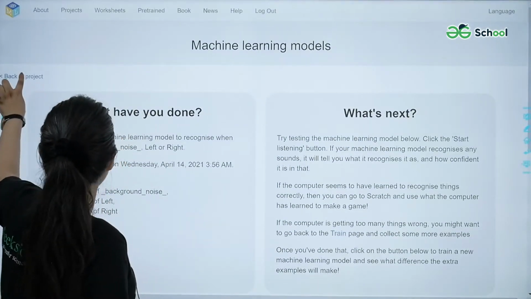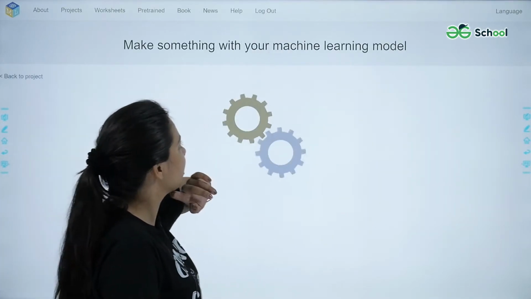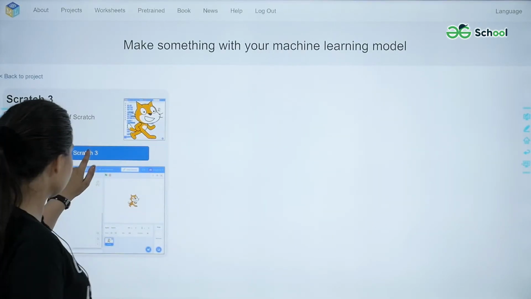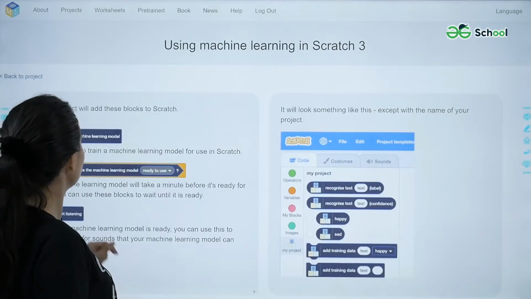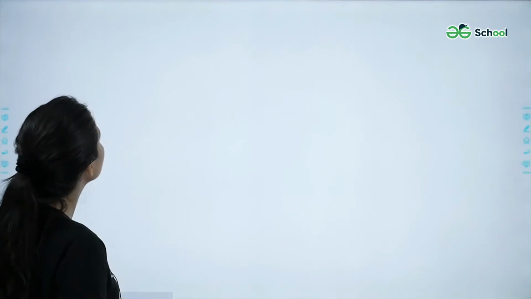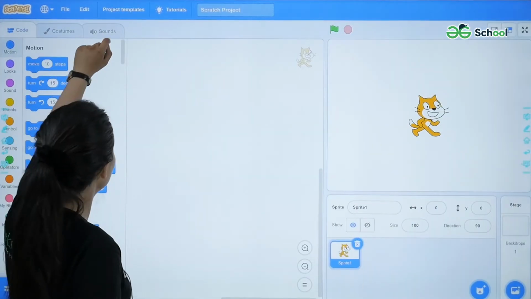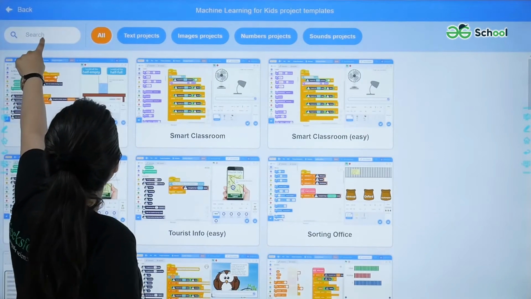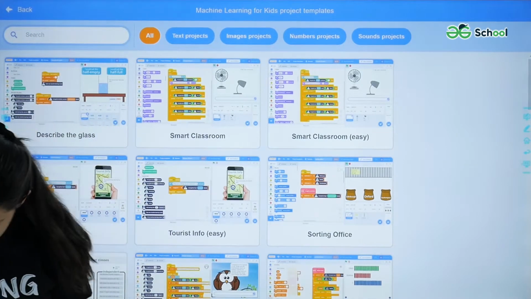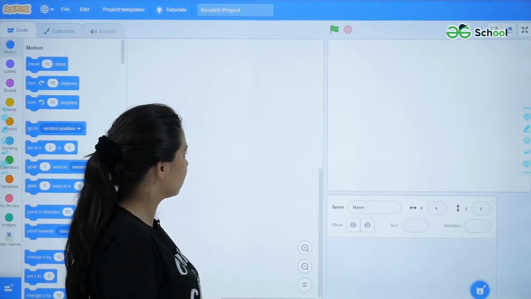So let us just make our project using Scratch 3. Open in Scratch 3. From project templates, select the template of alien language.